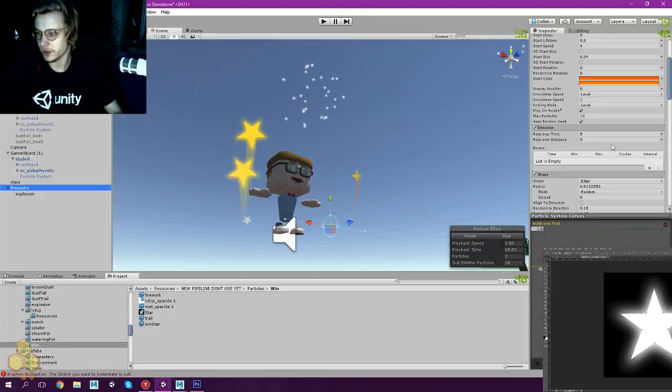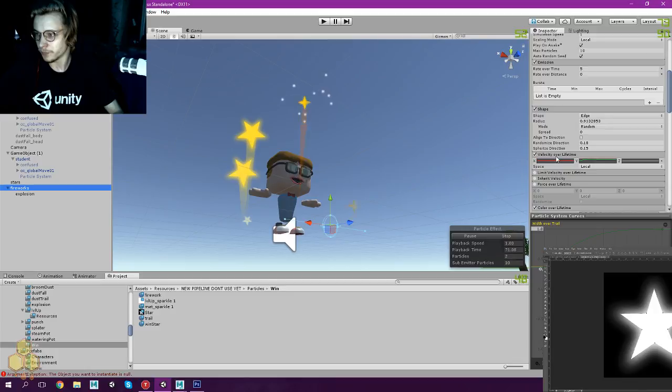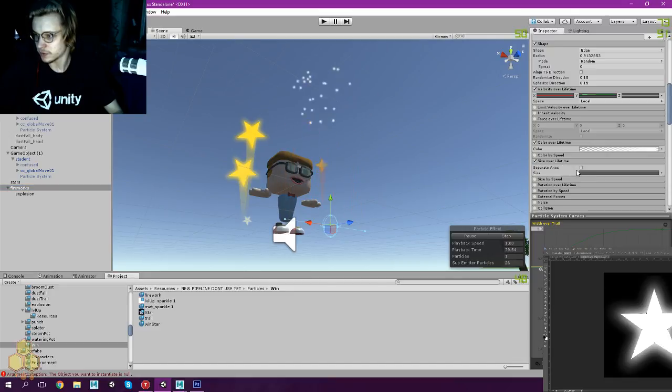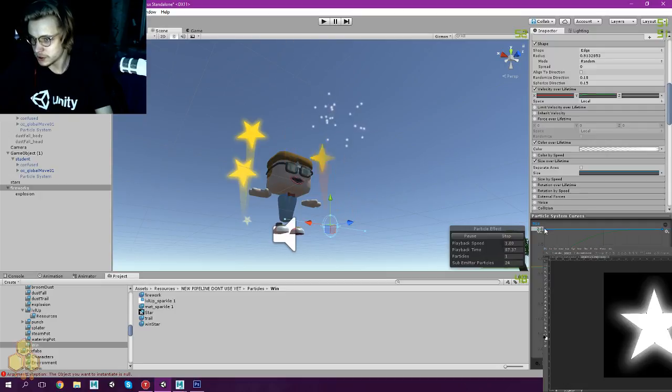And also these fireworks, if I give them speed over lifetime, size over lifetime, so I'm gonna give them size over lifetime, and it needs a curve of course, but this would be like 2. So let's say it starts at 1, and I could give it this kind of curve here. So if I start at 1,